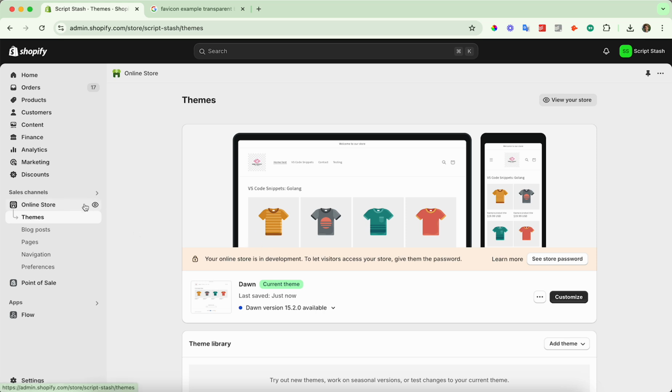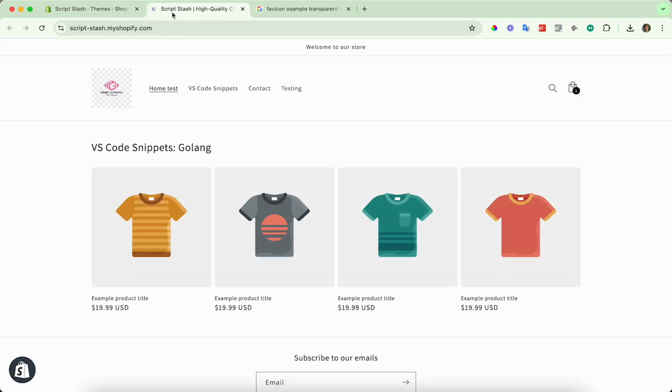So go ahead and click on the view your store online next to the online store, and you should be able to see an example. And there you can see it's pretty small, but up in my tab here you can see the Favicon is